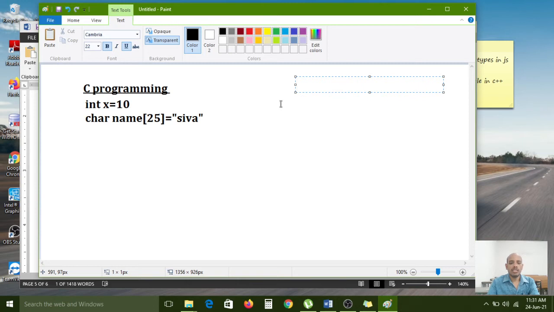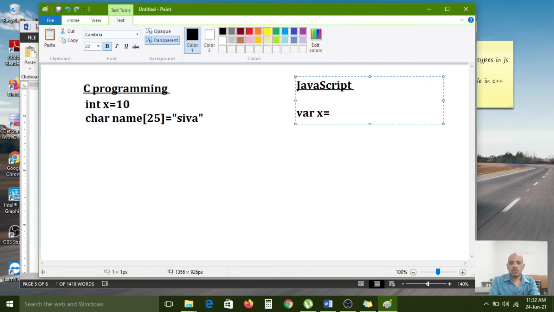But in JavaScript, if you want to declare any variable, for all variables we use the var keyword. Now I want to define an x variable.